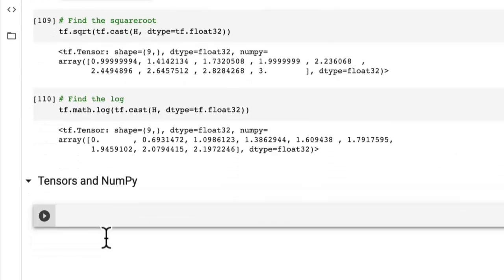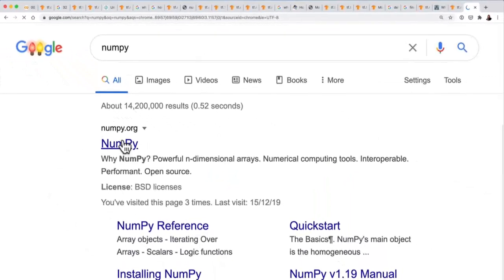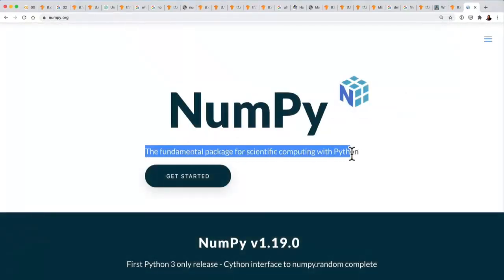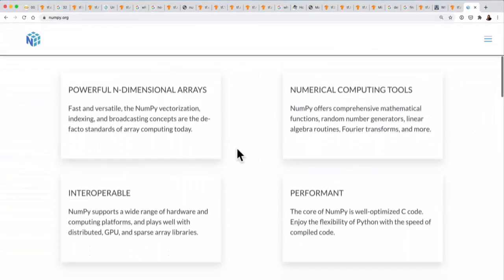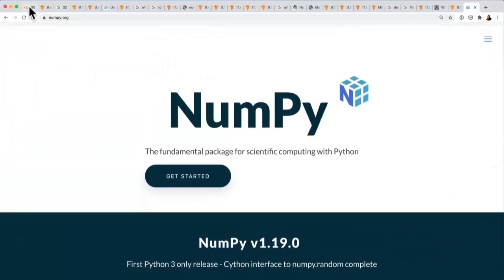So if you've done any numerical computing before, or any type of data science or machine learning, you've probably used NumPy. So if we come here, what is NumPy? Not going to dig too much into this because we want to get focused on using it. But chances are, there we go, the fundamental package for scientific computing with Python. So NumPy is a fundamental library for any type of numerical computing with Python, and it's all built upon the